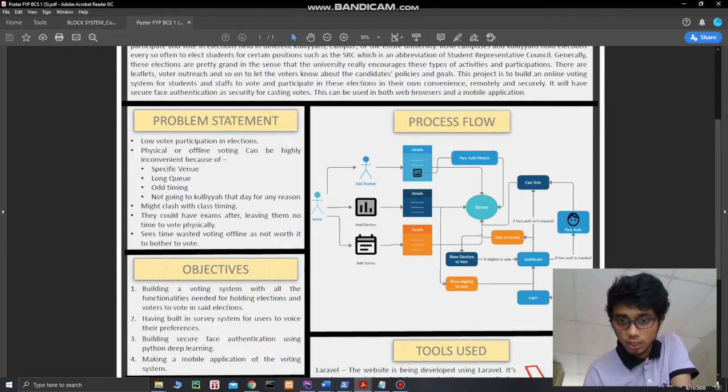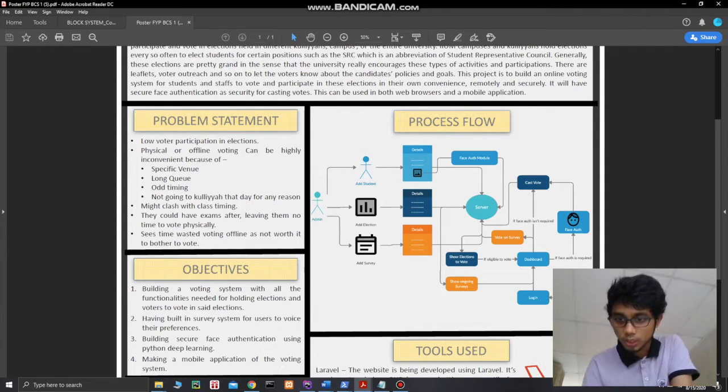Most importantly, he can select whether students need to authenticate using facial ID to vote in the election or not.